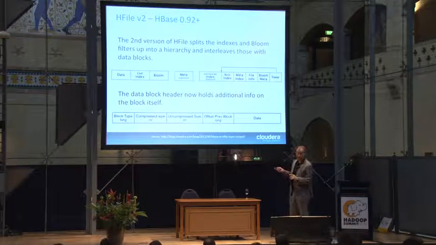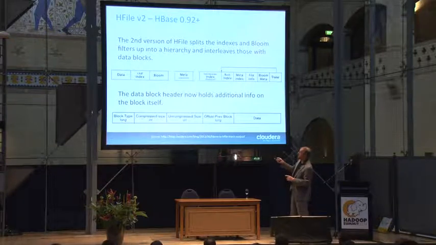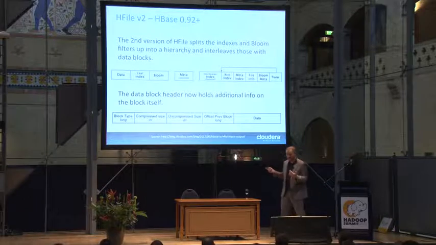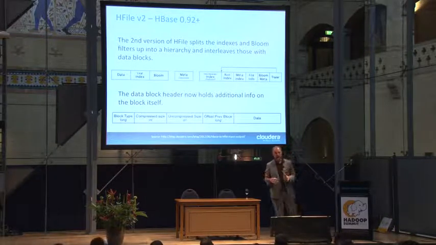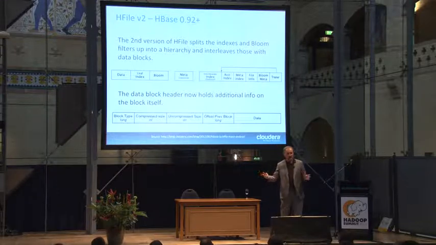Then what is also interesting is that the block header that is in this block file that I saw earlier is not just a magic anymore, but this block header has a block type, a compressed size and an uncompressed size, so we can do effective seeking forward, because now we know how large a block is. In the past we had to consult the index. We don't have to do this anymore.